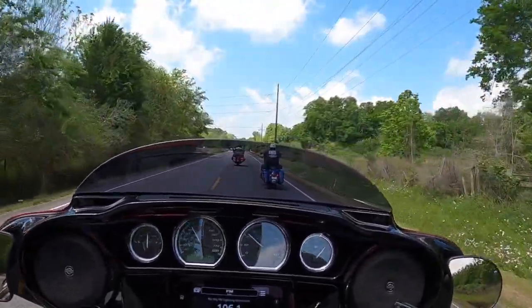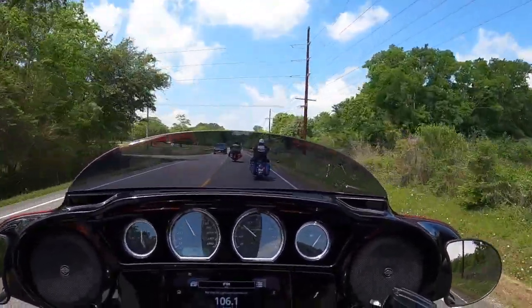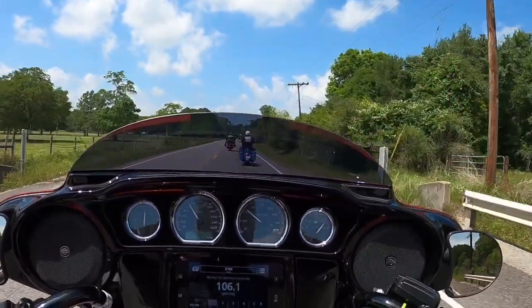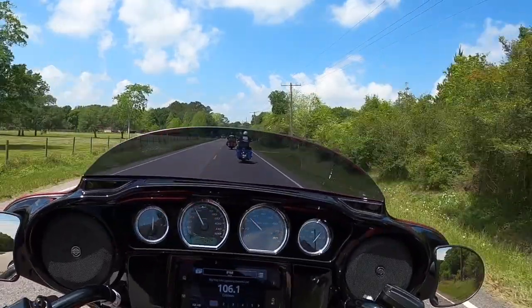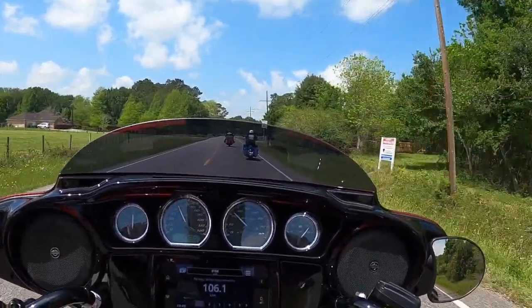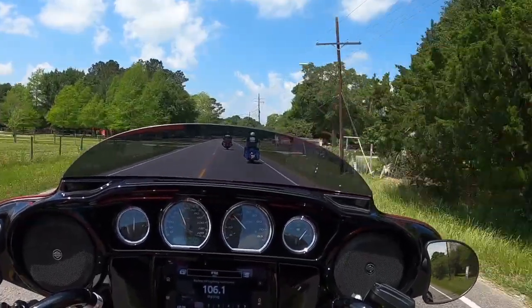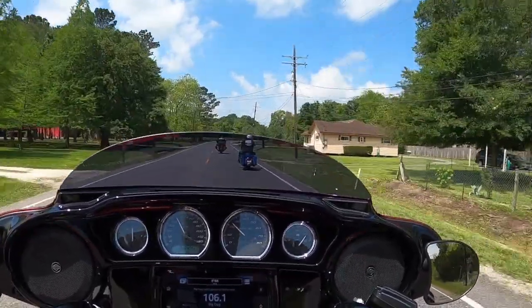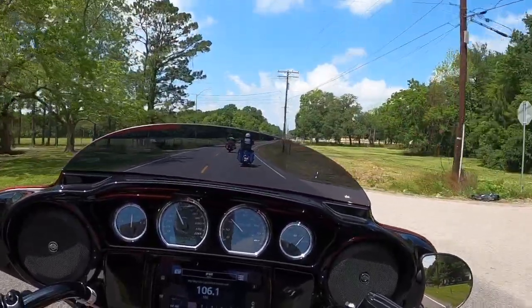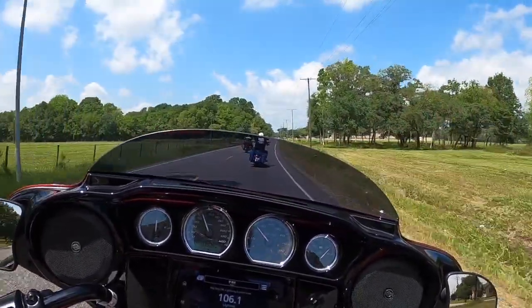So if I traded my Indian in, though, I would give up some looks. I like the look of the Indian. This particular model's gorgeous, but it's the special edition with the special paint job. And I think the Harleys look pretty doggone good too. So looks pretty close. Now I would give up a lot of features, comfort,